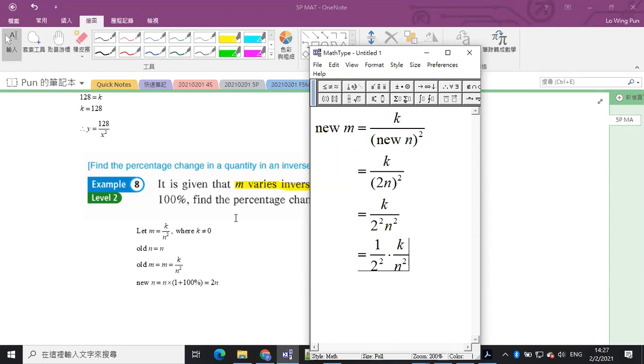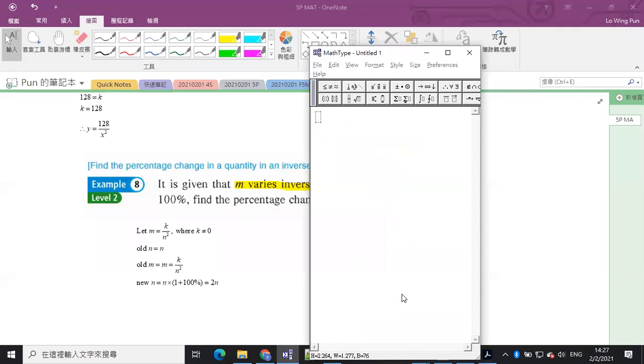And then 1 over 2 squared is just 1 over 4, and then times the k over n squared. K over n squared will be changed to the old m. That is just m, okay? And now we have found that the new m is equal to 1 over 4 times m. And then we can